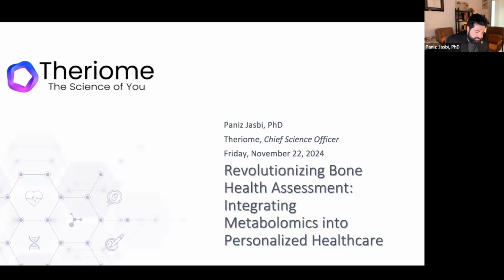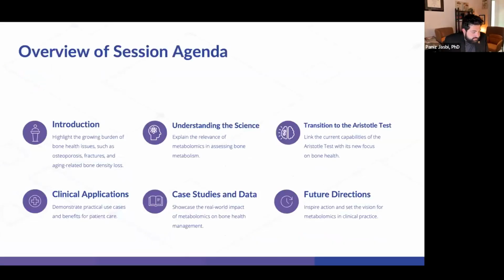So we've developed a bone health domain. What we're going to go through today is just an introduction to, again, review why bone health is important. Just a reminder of osteoblast activity, osteoclast activity. We have an actual orthopedic surgeon on this call, so I won't take too long for fear of boring him. And then we're going to talk about the 7 aspects of bone health that the Aristotle